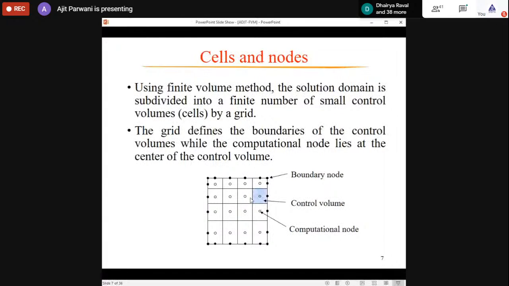The terms are: we need to discretize the domain into n number of parts. Each part is called a control volume. Okay, so these are the control volumes. And to each control volume, there is one node, that is what is called the computational node, on which this partial differential equation is applied. Sometimes we will require the variables at the boundary points. Okay, so these are what are called boundary nodes. For the conduction problem, the values of variables at these boundary nodes are available.